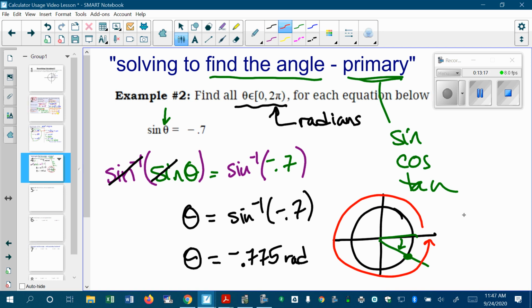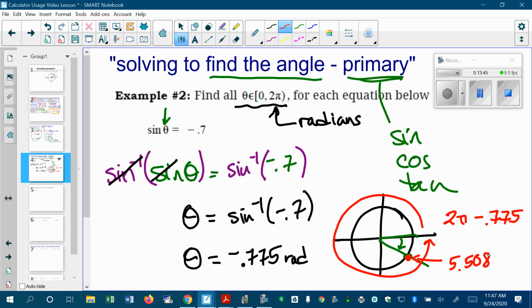That's easy enough to do. I can just say, well, that's 2 pi, but not that last little sliver. So 2 pi minus 0.775 tells me that another name for this location, a coterminal angle, if you will, is